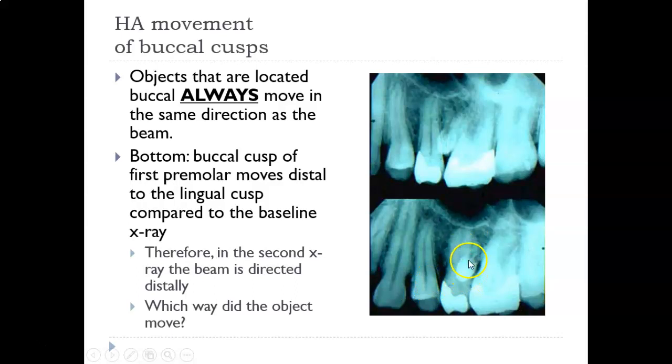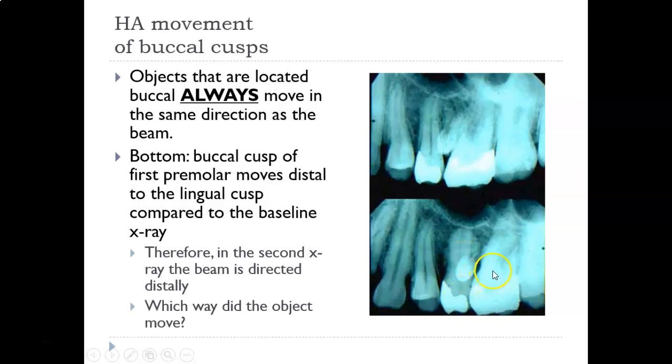So now we look at our object. The object went from being in between two teeth to, did it move mesial or did it move distal? It moved more mesial, right? So now instead of being between the premolar and the molar, it's now in front of the premolar. So our object moved mesial, our beam moved distal. Those are opposite directions, and things that move opposite to the beam are more lingually placed